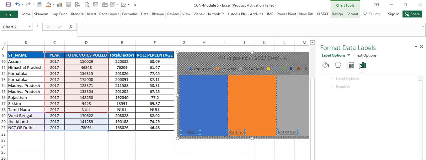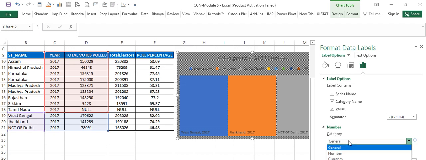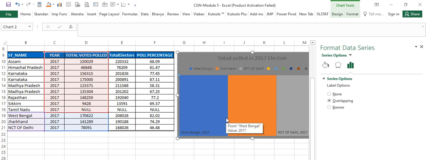And I also want to look at the label options there. I want the category names, and I can select the values also. So it is looking at the values, that in 2017, this is the result. I can look at the series name also, so it is giving me the entire series. And then we are separating by commas. I want the numbers, whether it was in the different categories, what the exact values are, and then the format code. And these are the things that you need to identify in these charts.